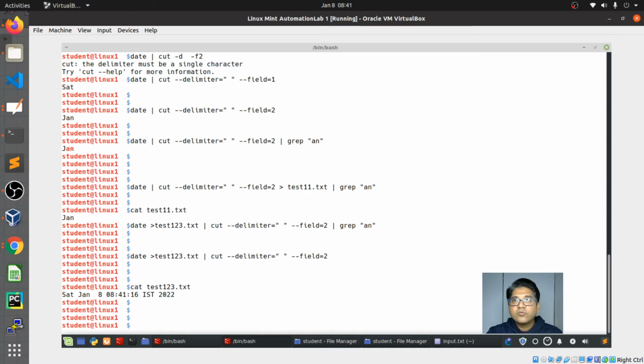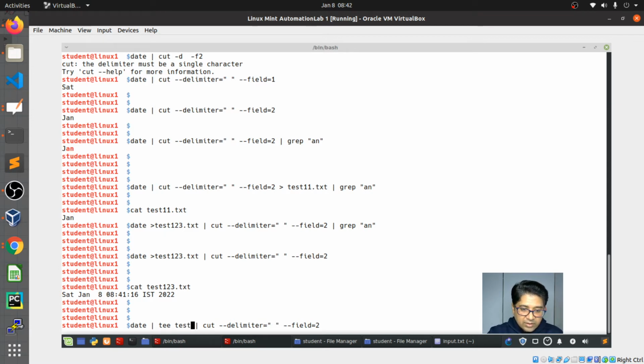How do we want to fix this? That is called the tee command. The tee command is going to copy the output and store it there, and this is going to be redirected to the next layer. So what will be the command? Same syntax. Here you have to remove the redirection. Instead of redirection you have to use the tee command. So you can see the output will tee